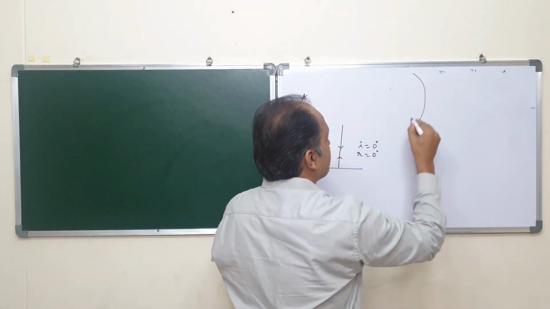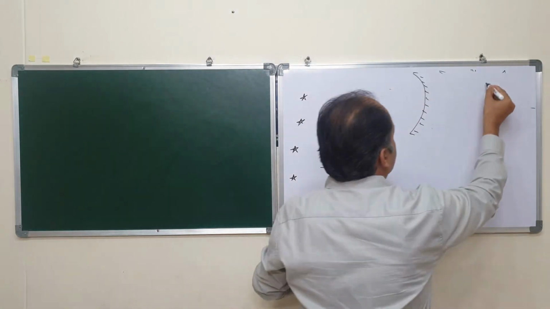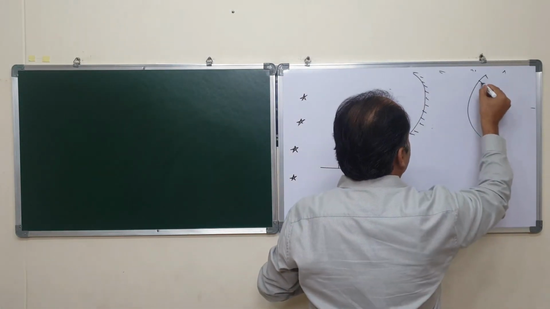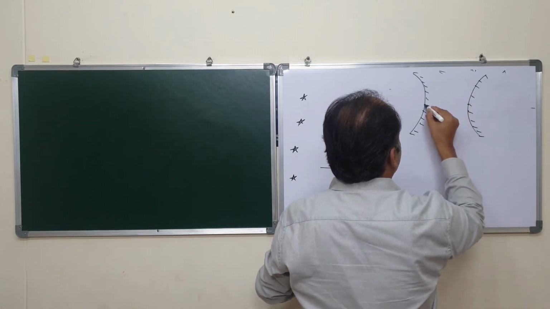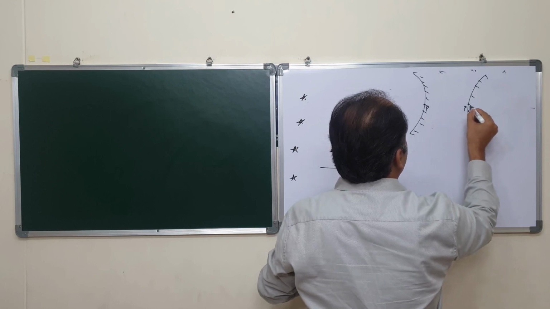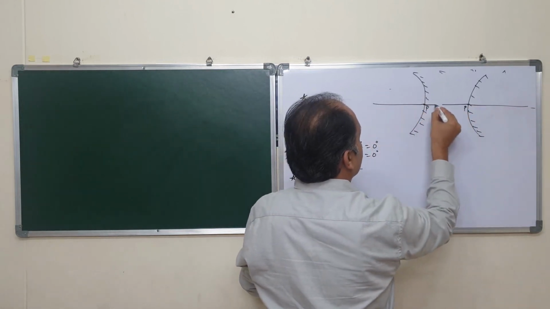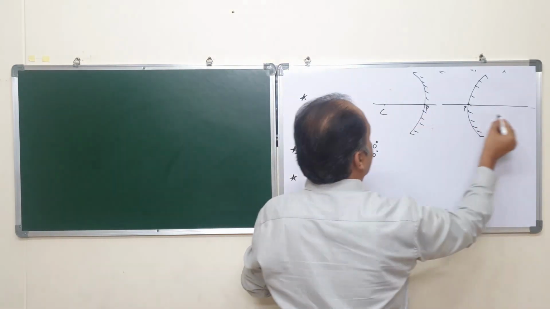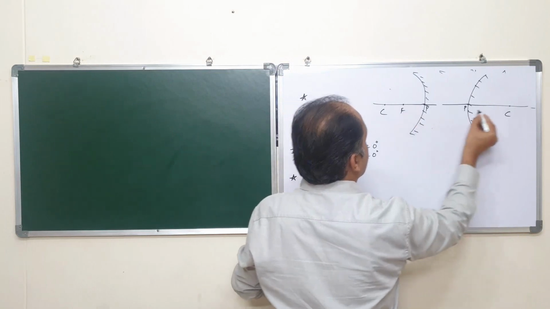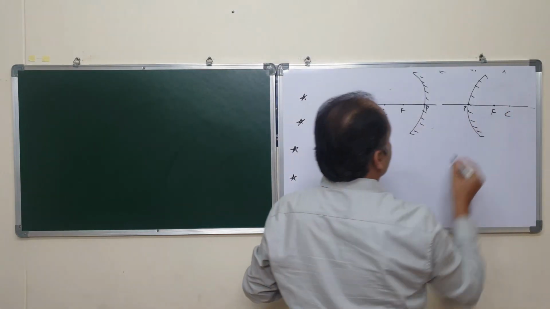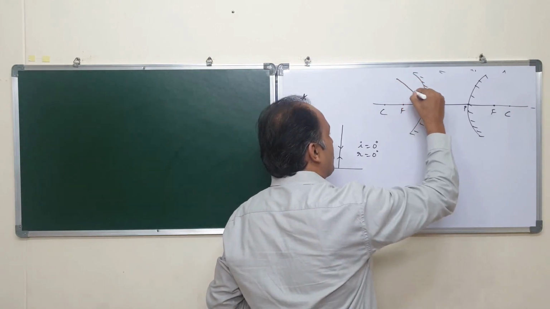So this is the concave mirror and this is the convex mirror, marking their pole. Marking its center of curvature, marking its focus. Okay. Now any ray of light which first strikes the pole,